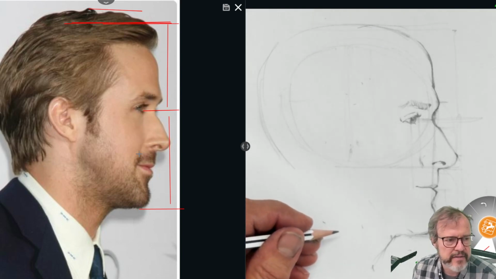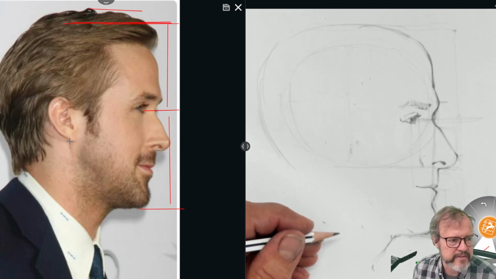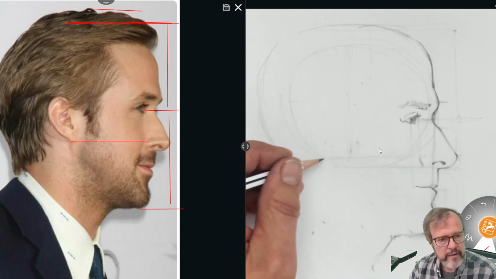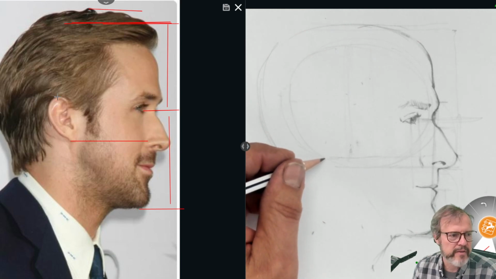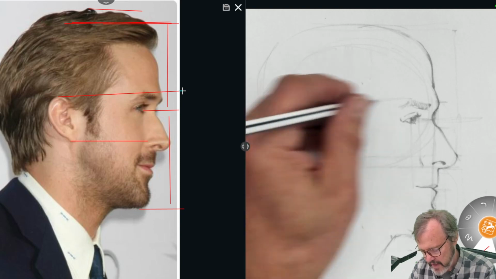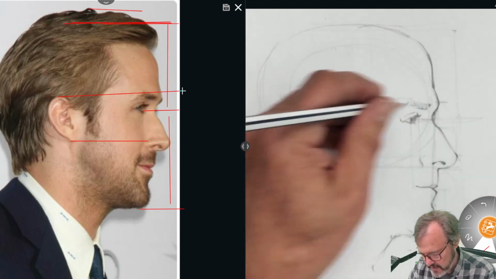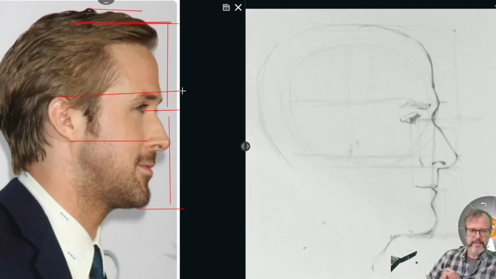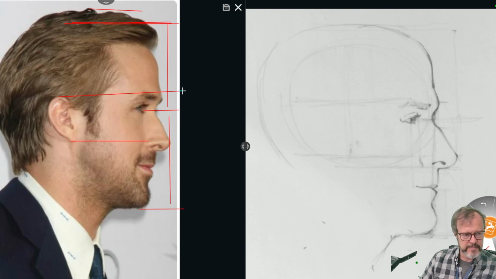His head's at a slight angle. I think that kind of messed me up in the beginning, but so the bottom of his ear's level with the top of his ala, and the top of his ear is level with his eyebrow. So his ear's a little high. That's the angle that we're looking at this head at. So we're going to make those reference lines to place the ear vertically. For the horizontal placement,